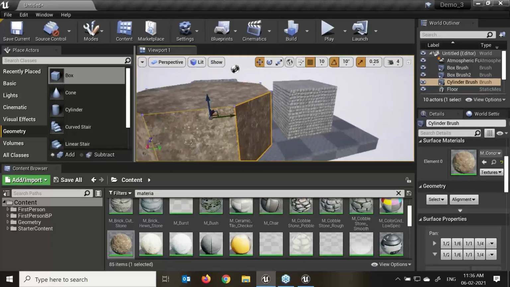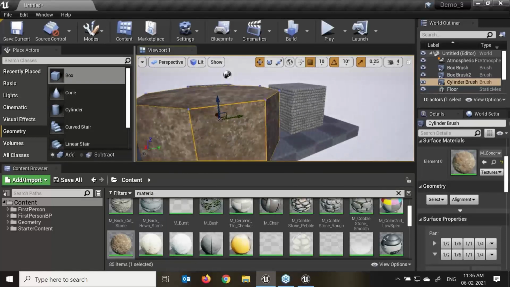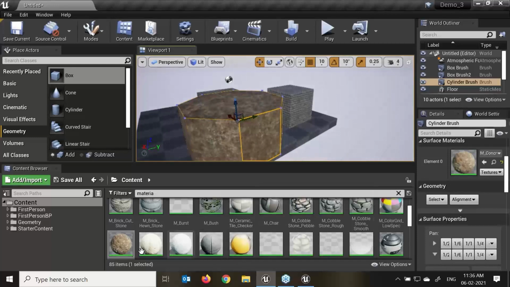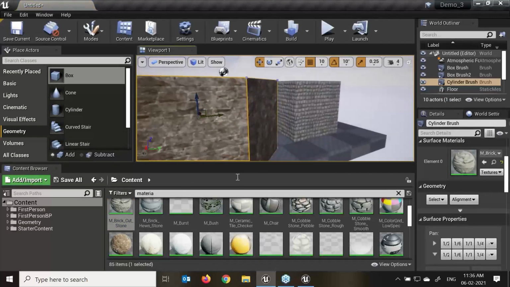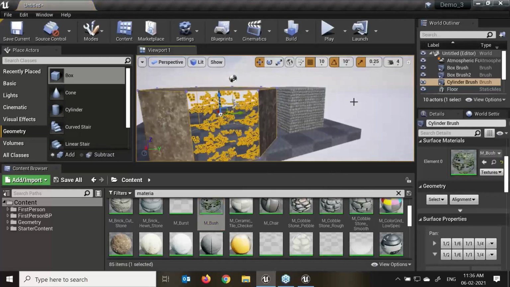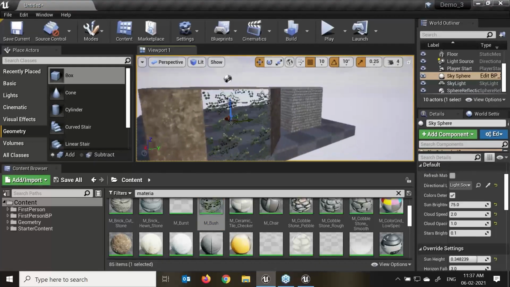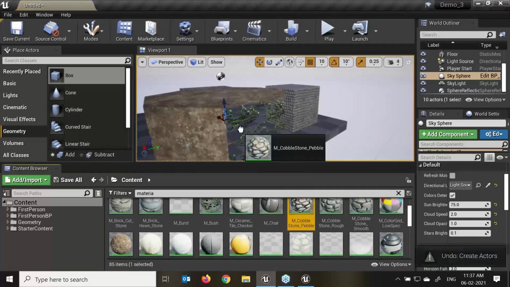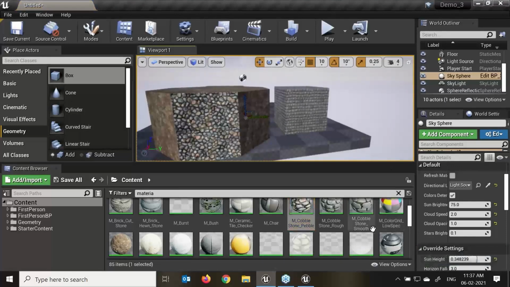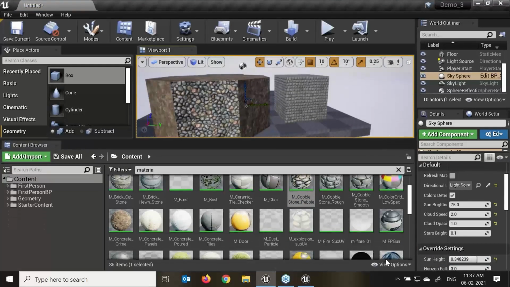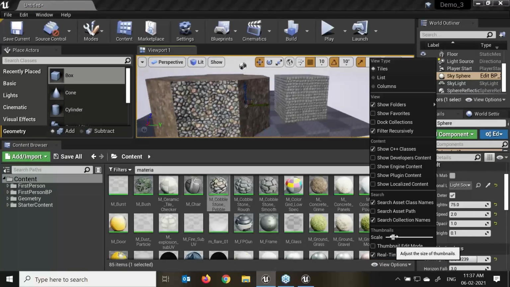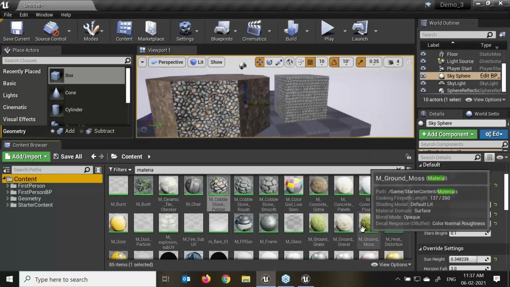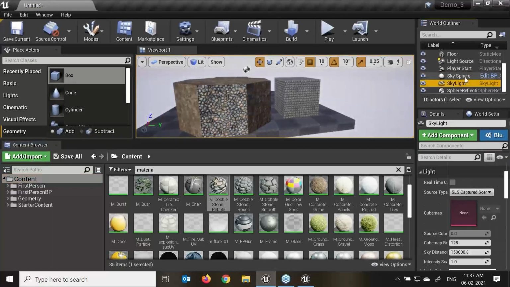And there is another benefit: we can modify or change this particular material. If I want, I can drag and drop into this particular area. I can change this material into something like this also. So in the different brush editors, we can apply different materials as per our selection. Let me reduce the view size, thumbnail, a little bit smaller. That will be very easy to see.